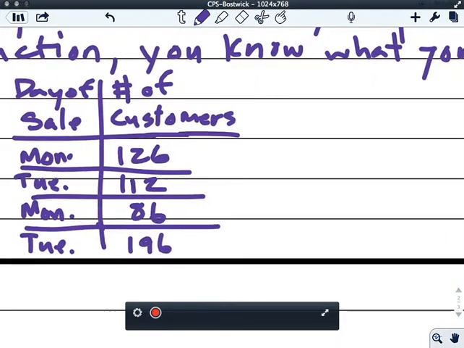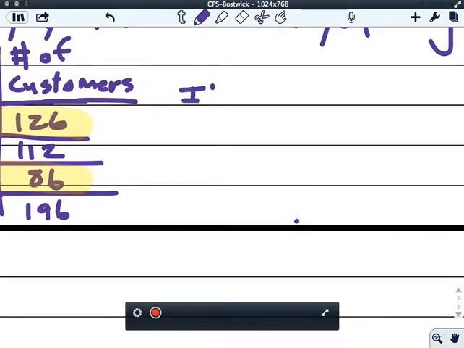And so in this situation, you have inputs of days and you have outputs of customers. And so the question is whether or not this would be a function. And the answer is no, because we have inputs Monday. If we put Monday into this relationship, we don't know how many customers will show up. So you can't predict precisely how many customers will show up based on the date of the sale. So we'll say it's not a function